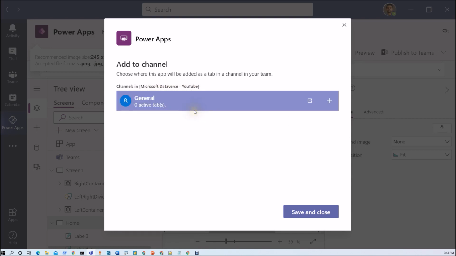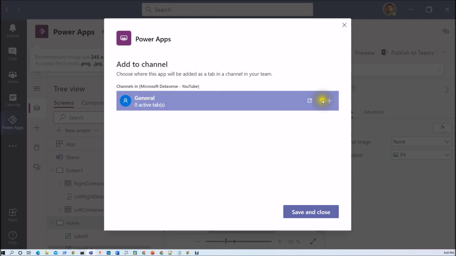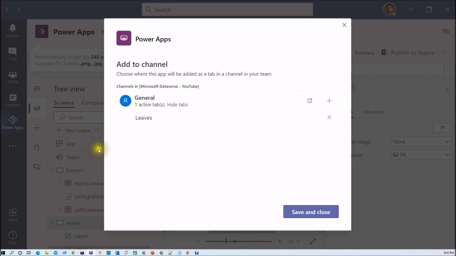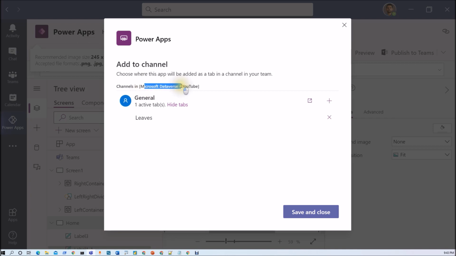Let's say I want to add this app into the general channel of this team. So I'm selecting this plus icon. This will add this heading, which is the name of the Power App, and now we just need to click on save and close. That will add the Leaves tab under the general channel for this team. So now let's click on save and close.